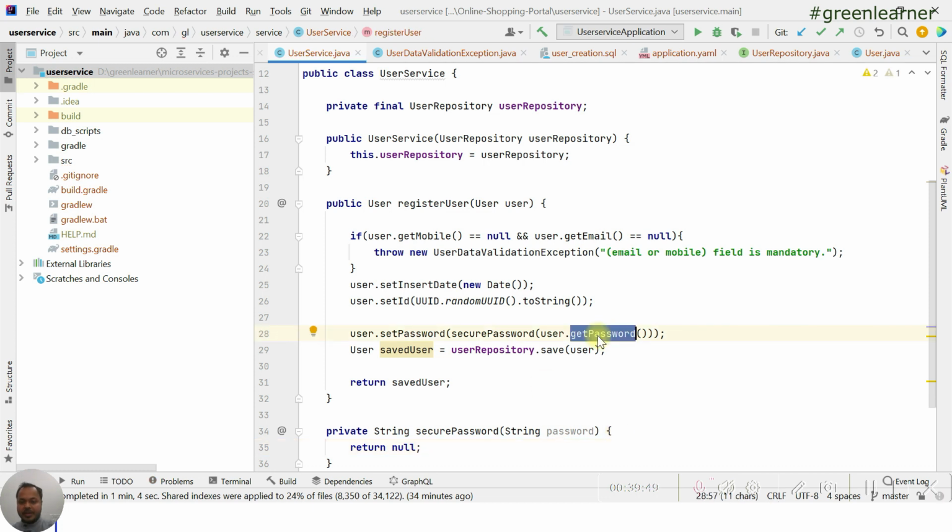This is going to be there. So the password is coming, and we are converting it with some secure hashing function or encryption method. We are going to use that one and change that plain text string. That is what we are going to store, and when we are retrieving that, there also has to be a mechanism so that we can match that password. So all those discussions are pending, and I'm going to cover them in the subsequent videos.